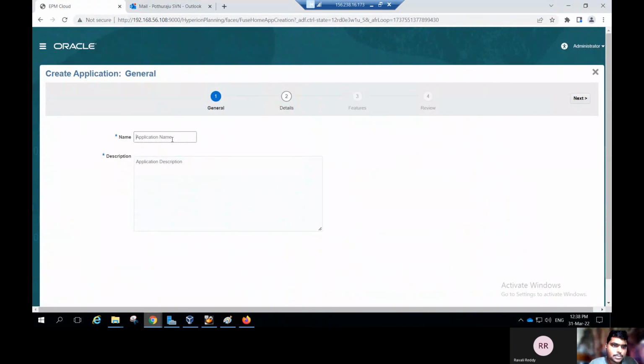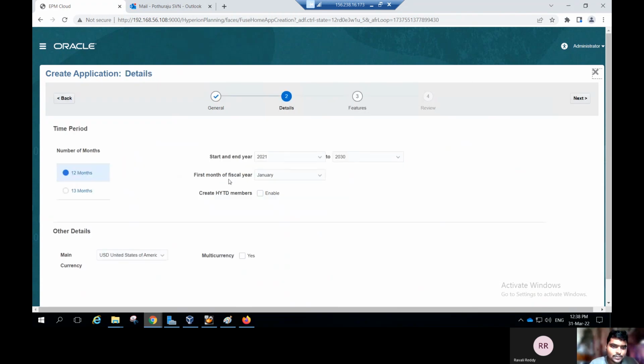And as per our activity guide, I give the name as FCCS, and the description is financial consolidation and close business process. And click on next. In this next page you can provide the number of months and the starting period and